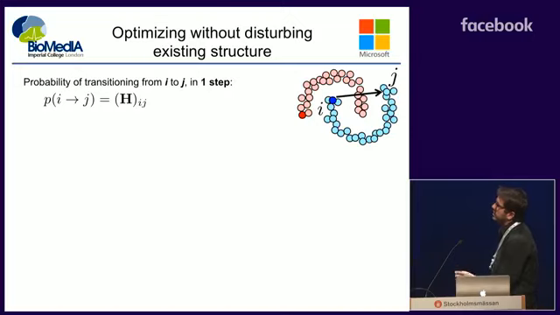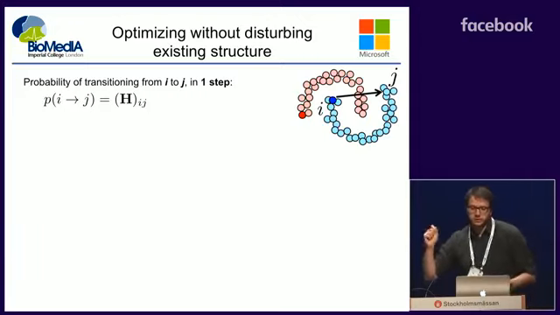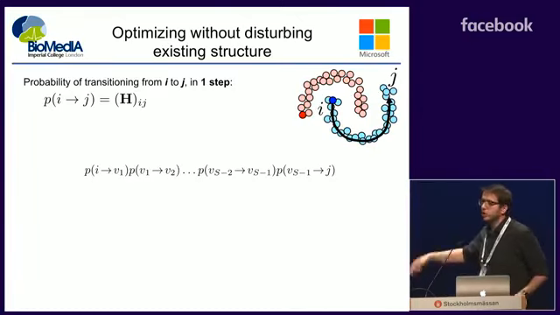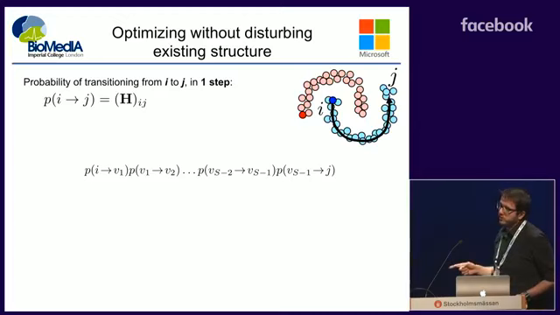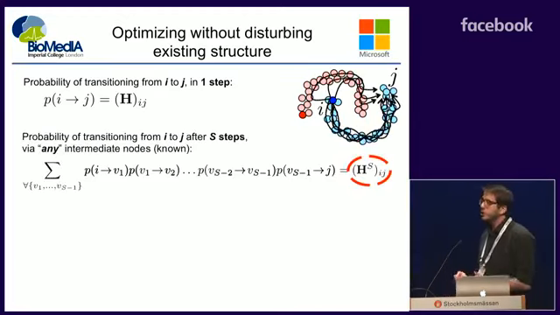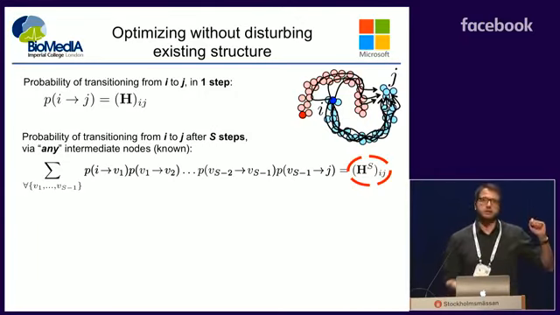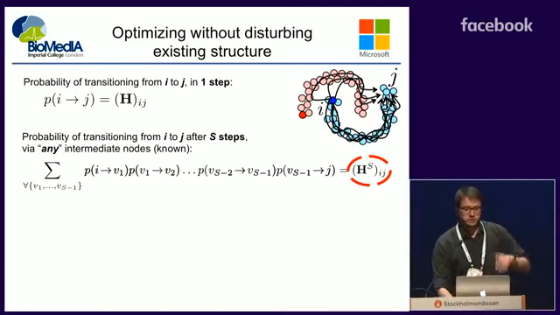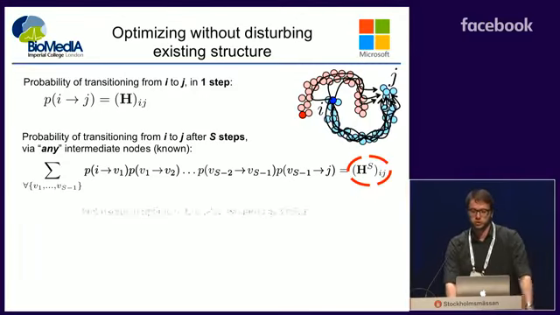So our idea is that instead of optimizing transitions straight from node i to j, we could be optimizing transitions along the shape of the cluster. And we can model this with a Markov chain. Now, what we know is that if I take the transition matrix H of the graph and multiply it with itself S times, I get the probability of jumping in S steps from i to j, but via any paths, even ones jumping across classes, and I don't want that.